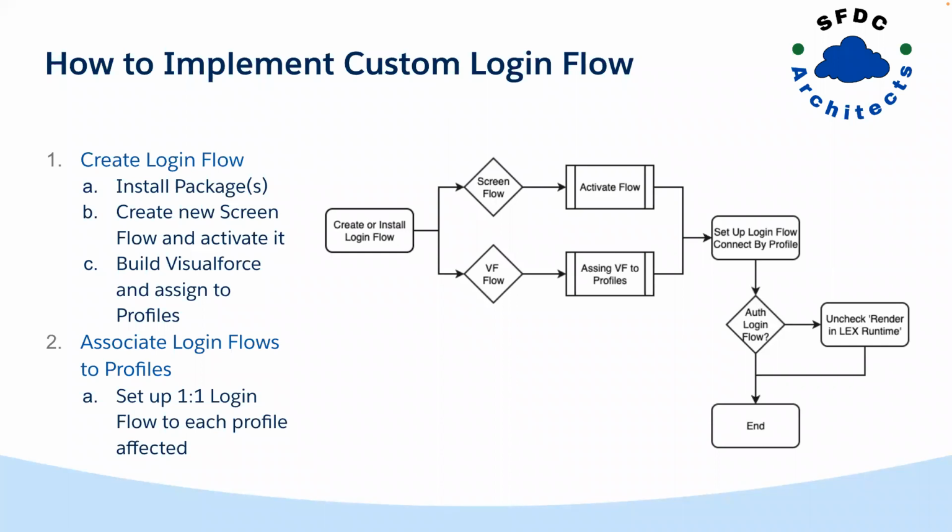Once you've created them and enabled the security, you're going to set up the login flow by connecting them by profile. You select the license type, then you select the profile, and then you save it. In my testing here, and I'll show you in a little bit, you can only connect one custom login flow